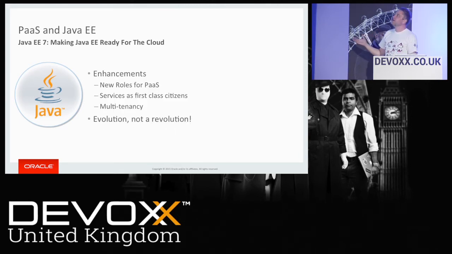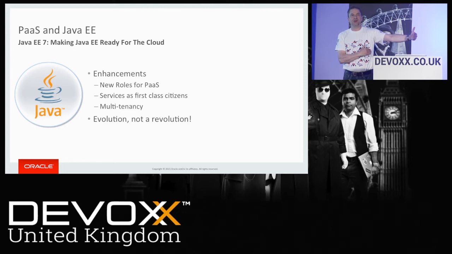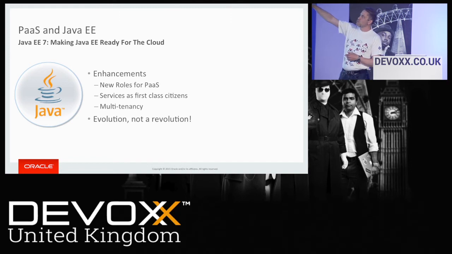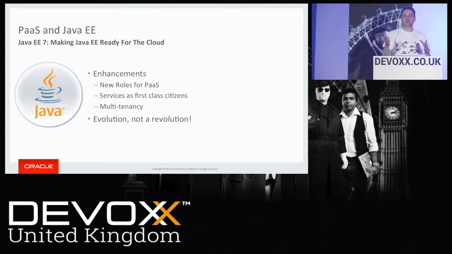What we have done is to look at what cloud computing does, take it a little bit further, and say, right, what can we do with Java EE that will add more features to make it fit even better in terms of cloud computing? In Java EE, we place a lot of emphasis on the idea of roles for who does what in the application lifecycle.